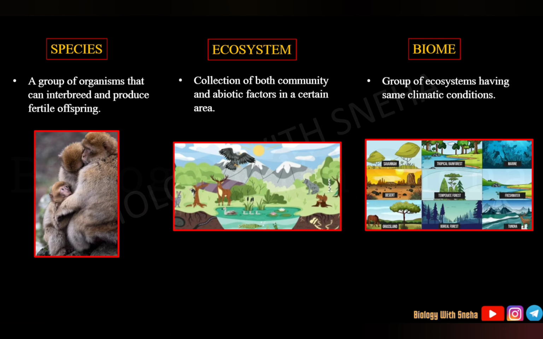That is why we have different biomes, because not all organisms can adapt to a similar set of climatic conditions, right? The ones that grow in the desert cannot survive in the grasslands, or the ones that consider grasslands as their habitat would not be able to survive in the marine world, right? So we have different biomes accordingly.